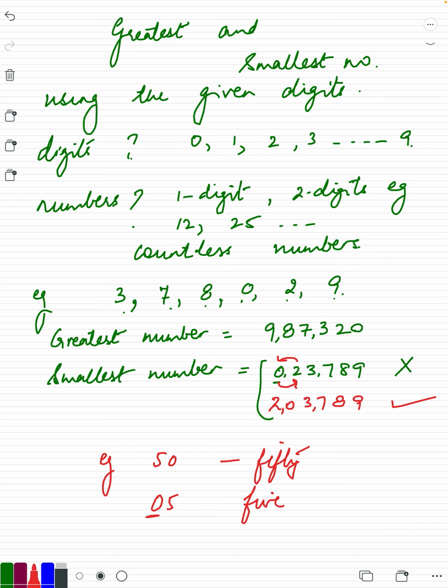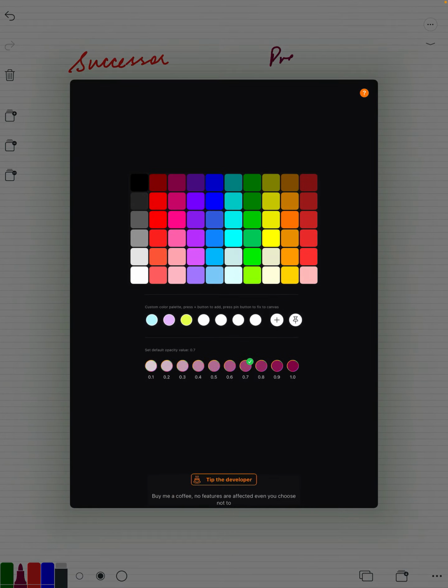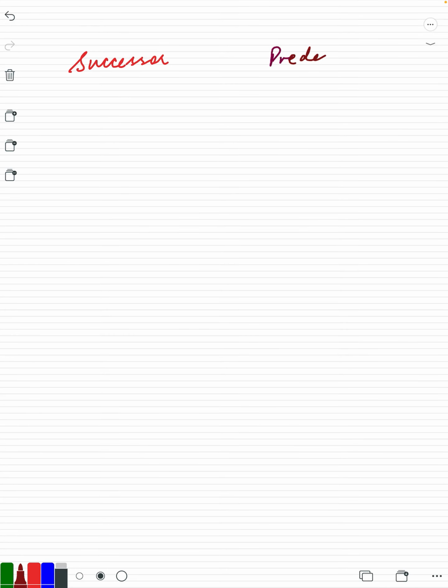Then there is one more very beautiful concept over here. And that concept is, what is a successor and what is a predecessor? So in your earlier classes as well, though I agree that there were only 4 digits you were studying about, successor is when we add 1 to a given number. Predecessor is when we subtract 1 from a given number. Or in other words, after, before.